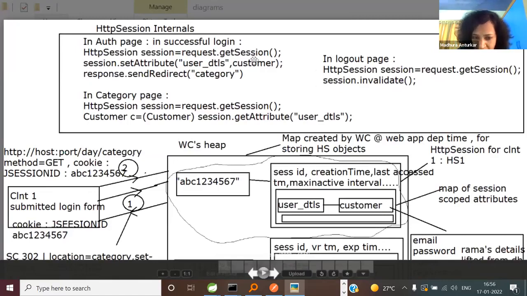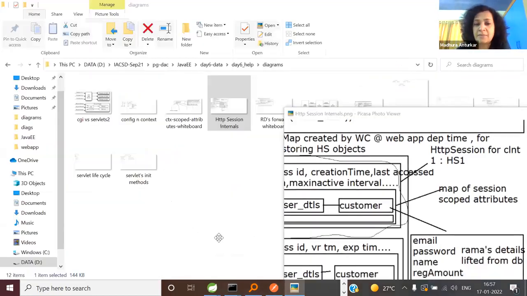It's the web container. So guys, now you have so much idea of the servlet API. Anyone wants to tell me, when I call request.getSession, what must be the internal code? See, the web container is not a magician. How will the web container know whether it is a new client, where a new HTTP session object is to be created, or the existing one? You understood my question? How does the container figure it out? New client or existing client is the question being asked.